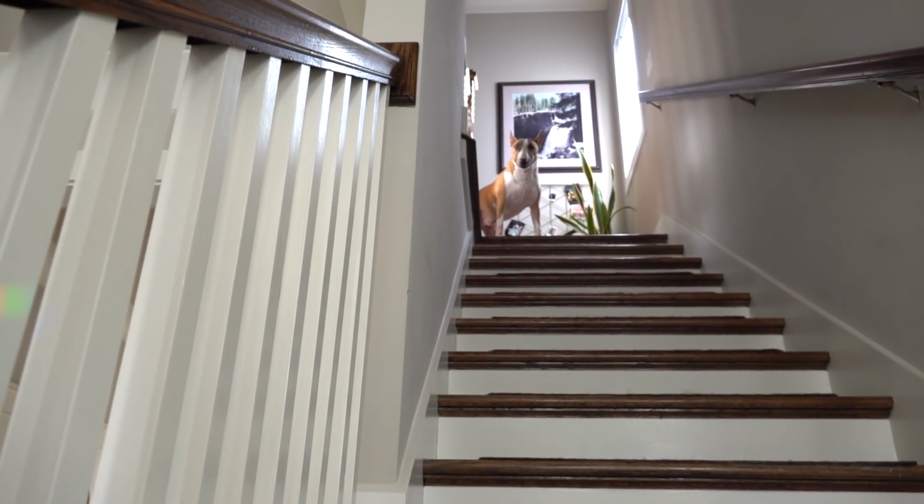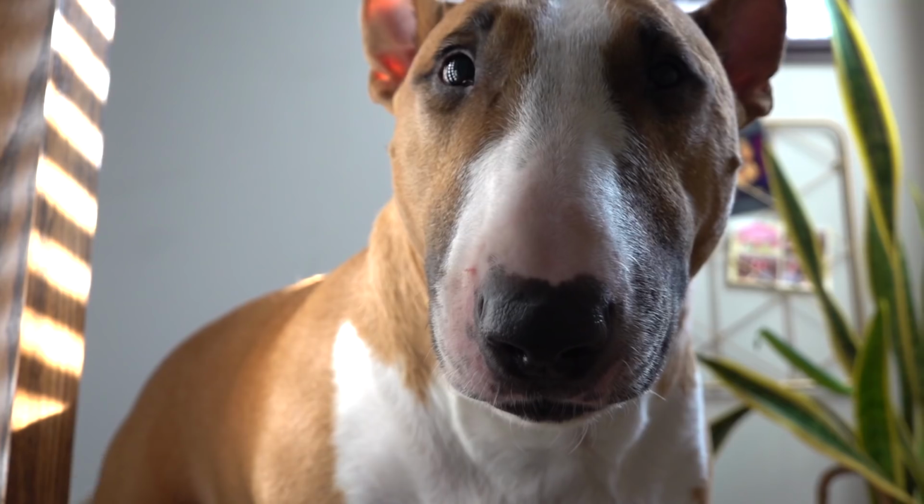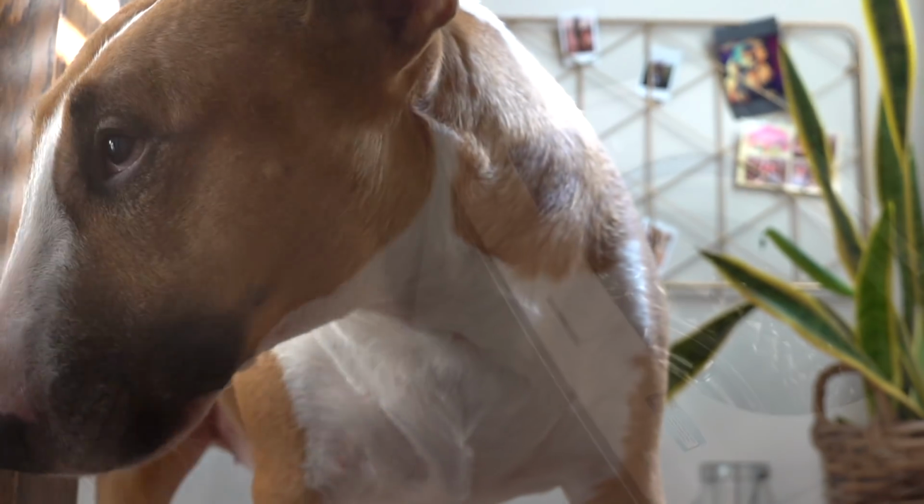Bowser, by the way, was waiting for me at the top of the stairs. He's like, are you gonna come up or are you just gonna stand down there and stare at rainbows? So